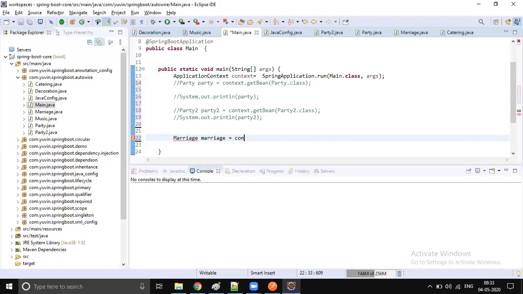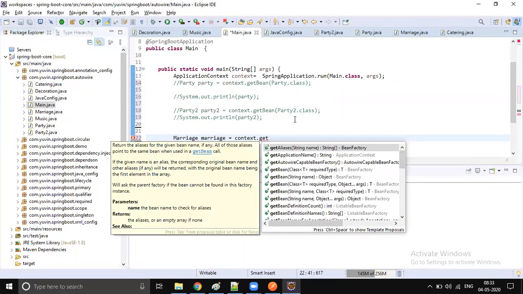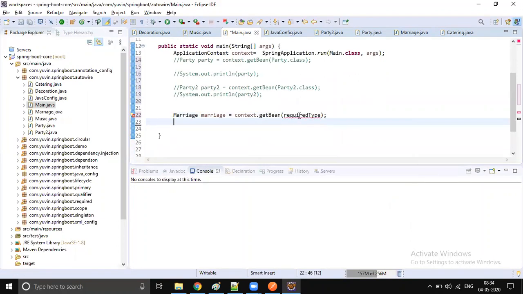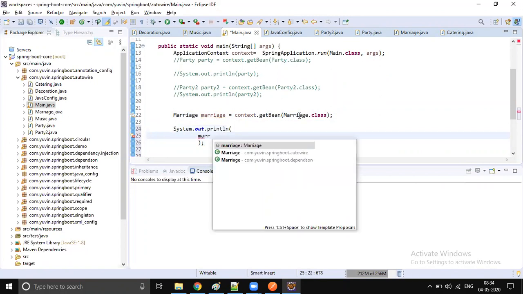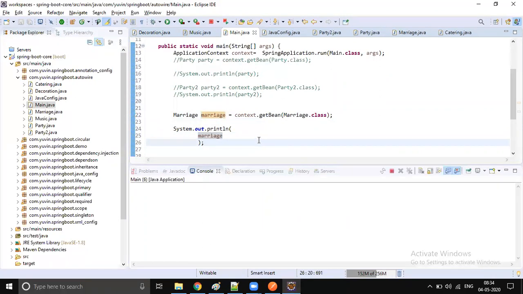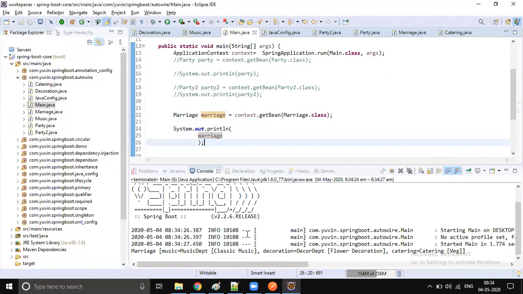Marriage equals context.getBean, and here we pass Marriage.class. We have only one marriage, that's why I'm directly getting the marriage, and I'm going to print it to the console. Let's run this and see whether we have all the details available to the marriage.